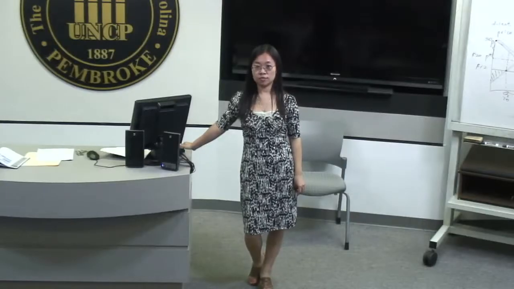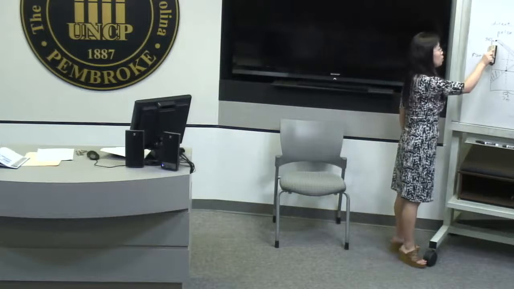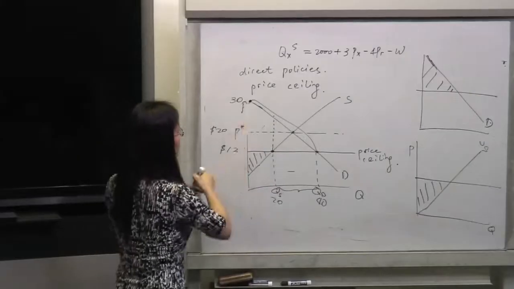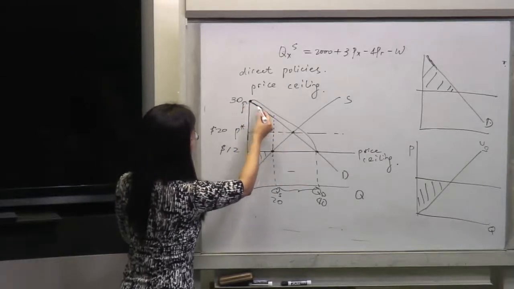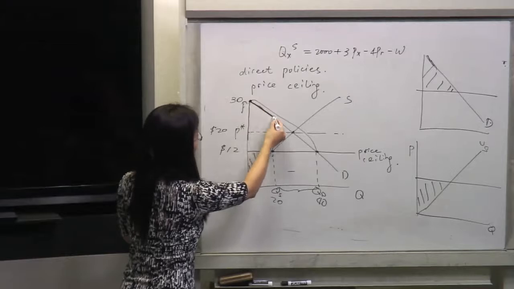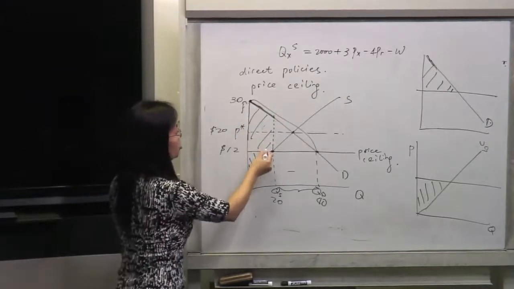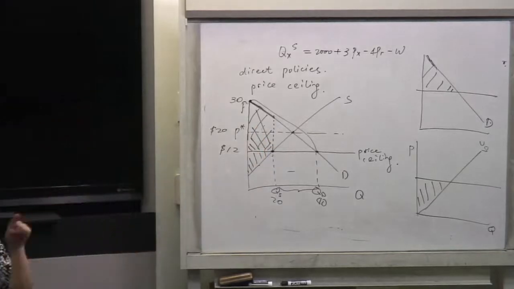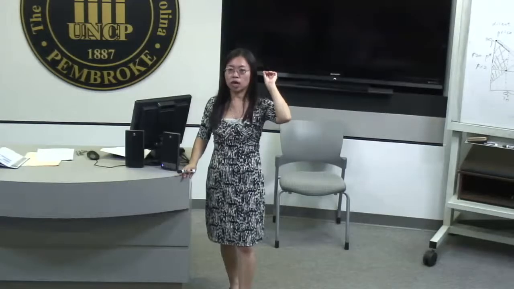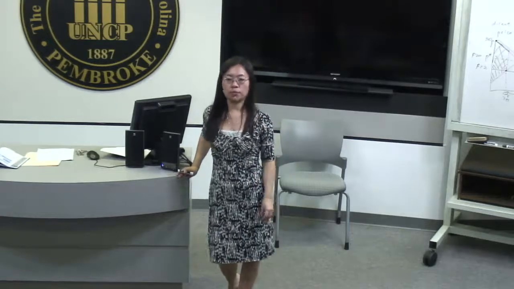Do you guys make sense of this? So the reason I'm telling you this is to show you why we're only concerned with these people here. They are the people who eventually get the goods, and that's why this is the consumer surplus. But when we talk about consumer surplus, we actually ignore that opportunity cost. We did not take the opportunity cost into consideration, because if we did, the surplus would be smaller.